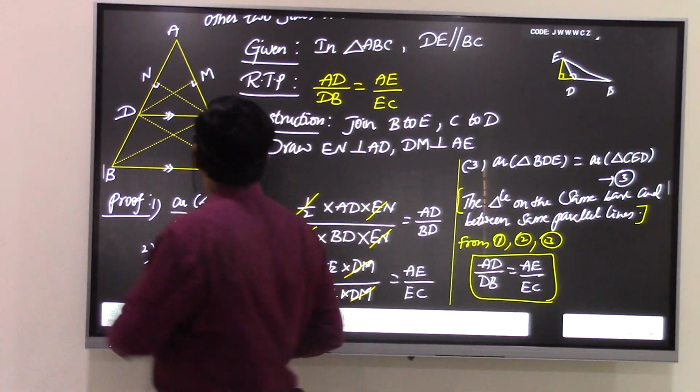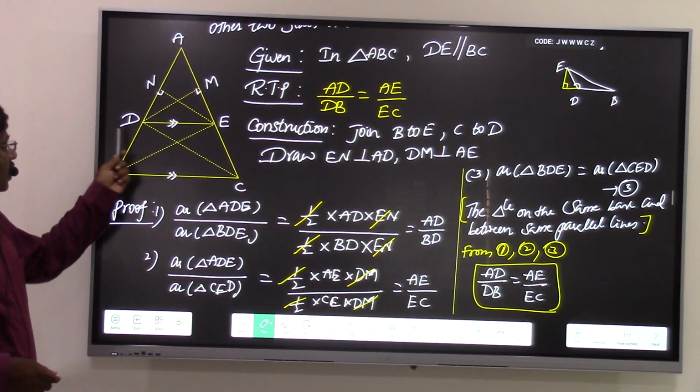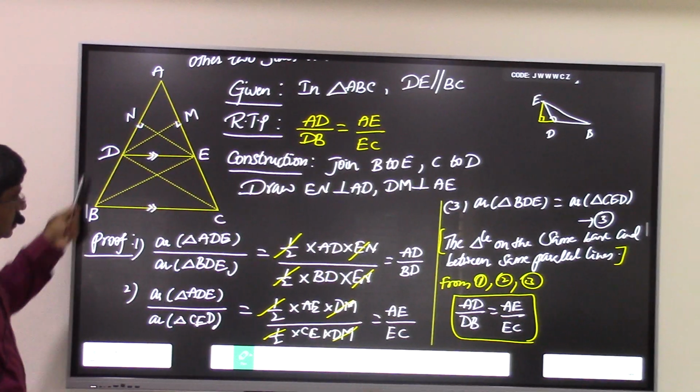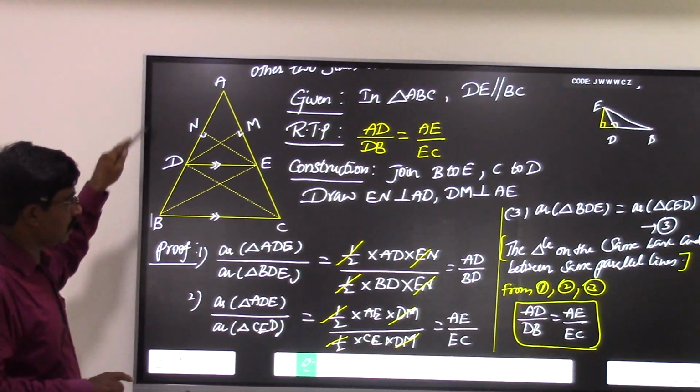So Thales theorem is nothing but: in a triangle, if a line is drawn parallel to one side to intersect the other two sides in distinct points, then the other two sides are divided